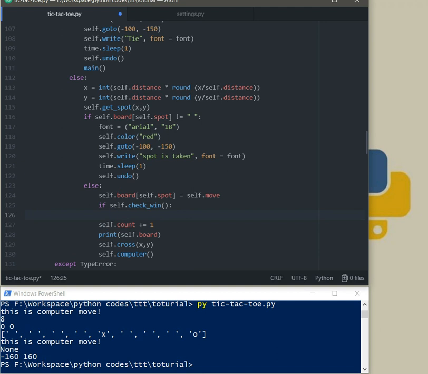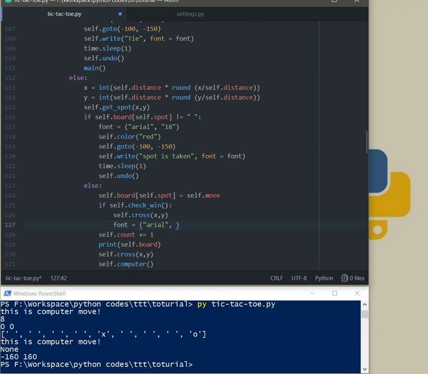If self.checkin is true, self.cross X and Y, and after that font. No, self.font, sorry, it should be font. After font equal again Arial,